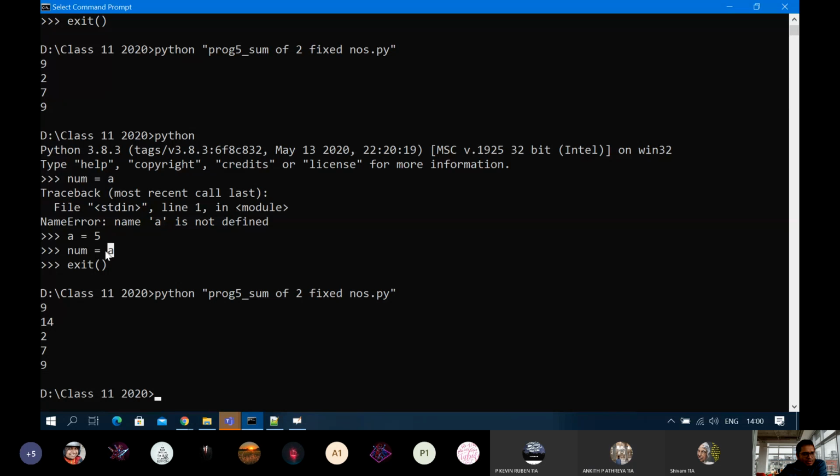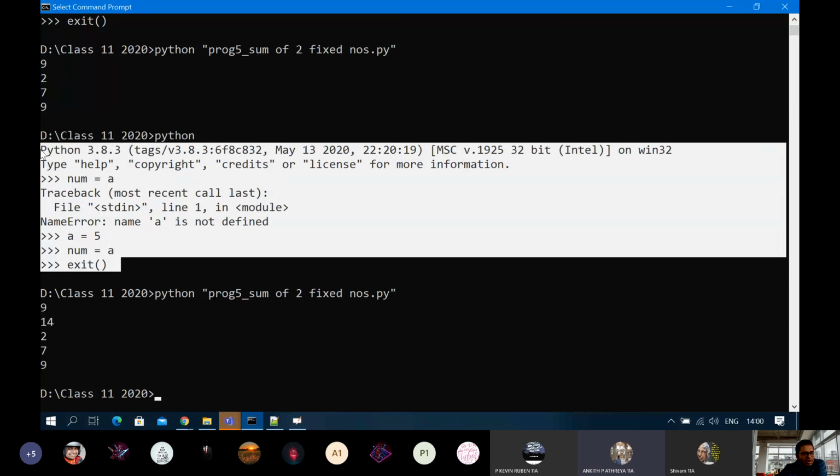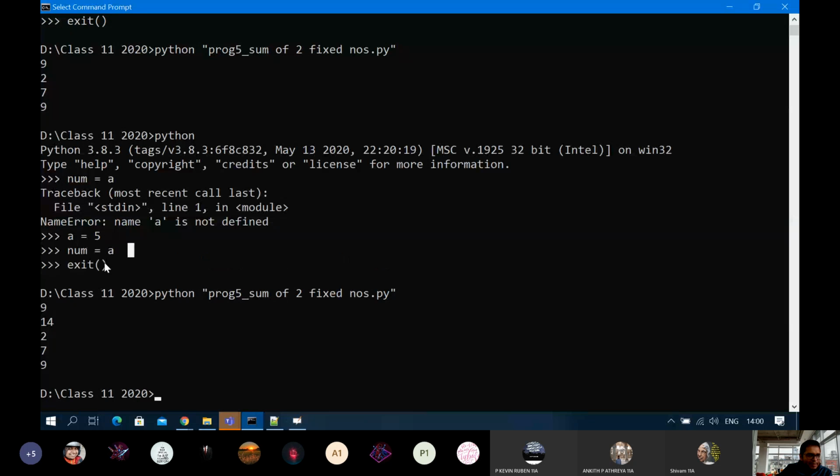Make sure if you are trying to use a label, print num. You can print num also. यहाँ पे अगर तुम exit के पहले num लिखते ना, now if I go back, it won't be existing. क्यों? मैंने इस प्रोसेस को बंद कर दिया. So everything will be lost. ठीक है, I will again have to write. पर हाँ, अगर exit के पहले if you would have written print num ना, it would have given you 5. Okay.